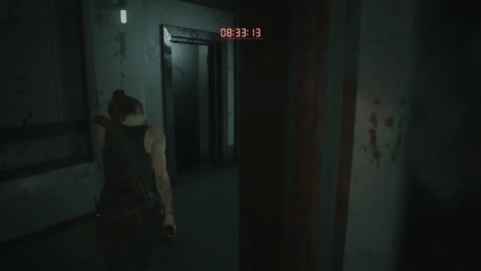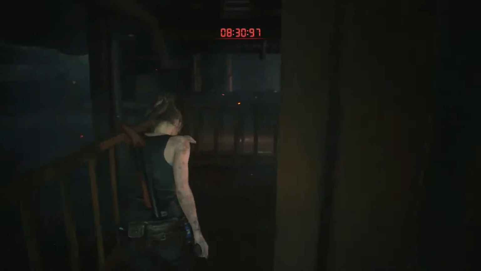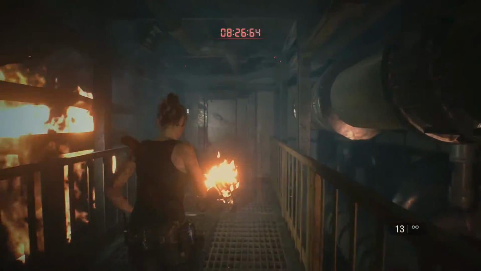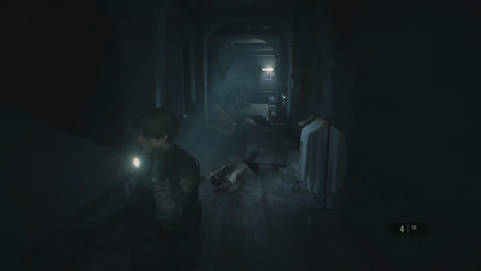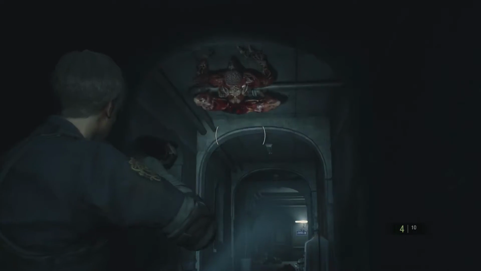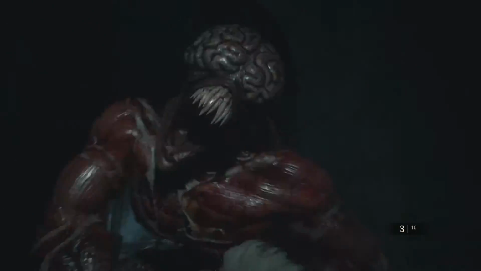Next up is an S rank playthrough of Leon's A scenario on standard difficulty. Doing this will unlock the Samurai Edge infinite ammo handgun. This is going to help you immensely with your next playthrough, an S rank run of Claire's A scenario on hardcore. Doing this will unlock the LE5 infinite ammo machine gun, meaning your final 2 playthroughs will be a piece